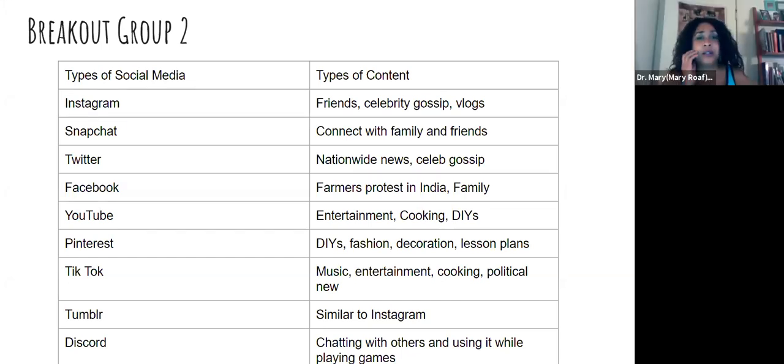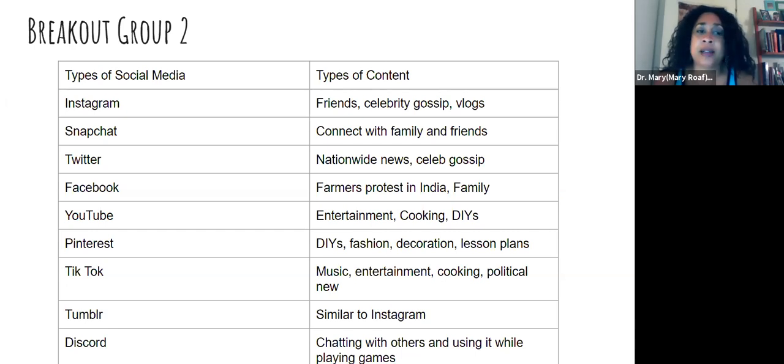Oh, wow, that's really interesting. So, looking at what you all discussed, in particular the farmers' protest in India, all of these different social media sites have also been used in movement organizing.